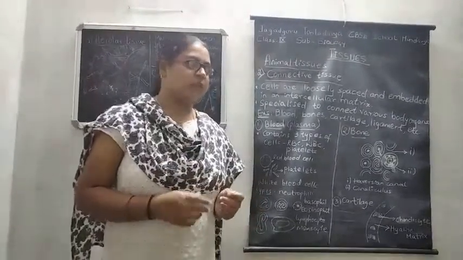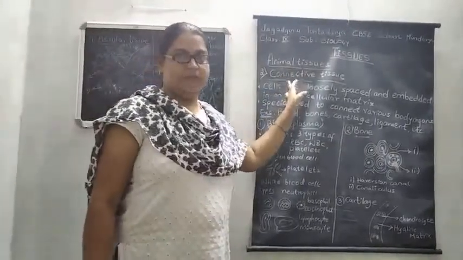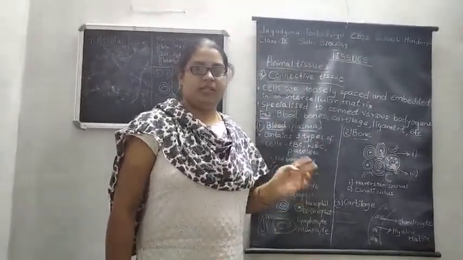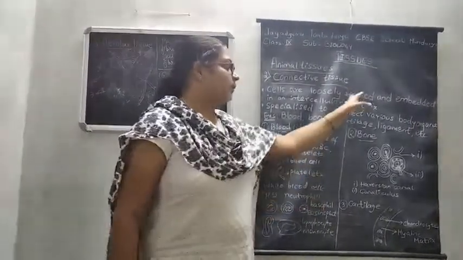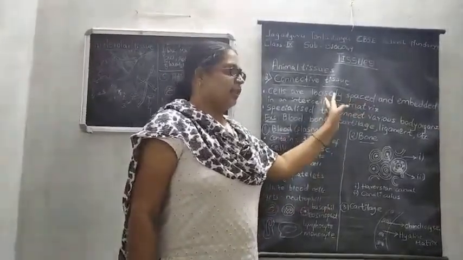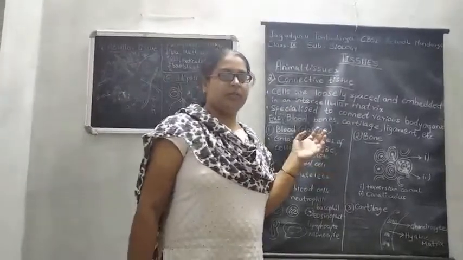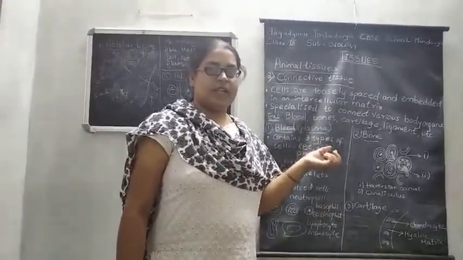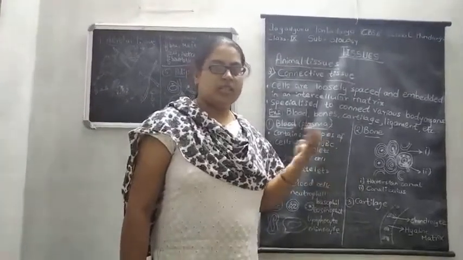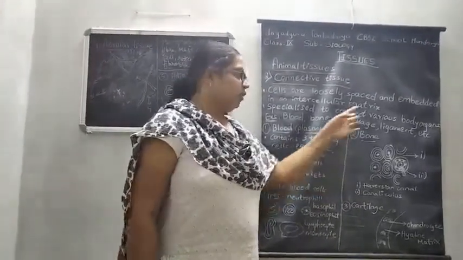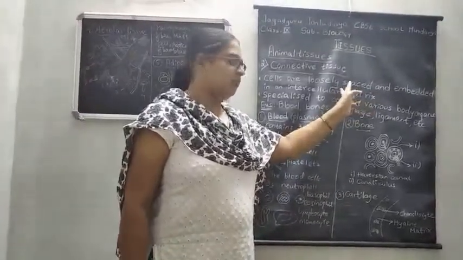Okay, and what you will be learning today is the second type of animal tissue, that is connective tissue. In this tissue, there is some space in between the cells, meaning the cells are loosely spaced. In that space some kind of chemical material may be present, it may be liquid, as well as phosphorus and calcium compounds, as well as sugars and proteins. So that forms a network of chemical compounds that we call a matrix.